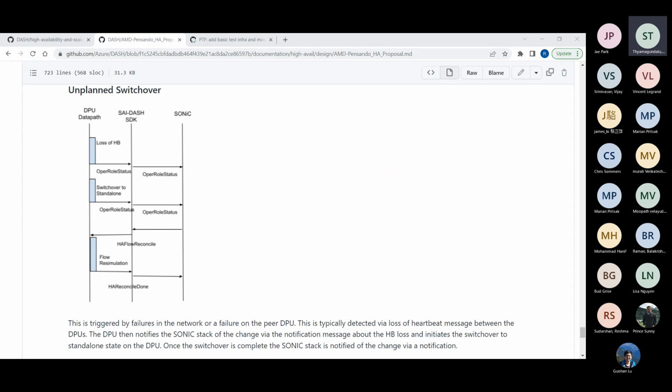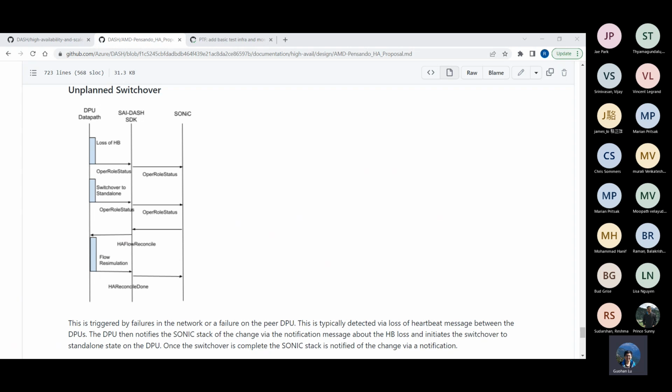With planned switchover, because we have the active still running, we leave the active running, so that in the window where the network is still converging, we keep the active running. So even the stray traffic that the network might redirect to the active, we are still able to forward it, and hence we achieve zero loss with the planned switchover, but not for the unplanned. Does that make sense, Kwan?